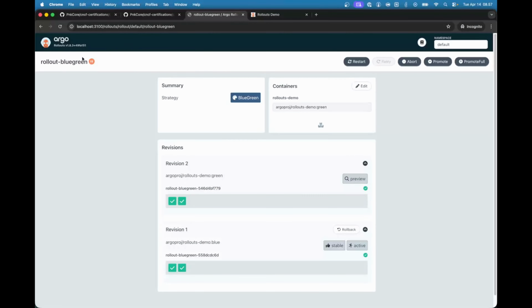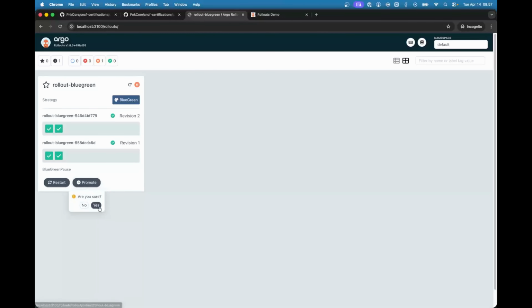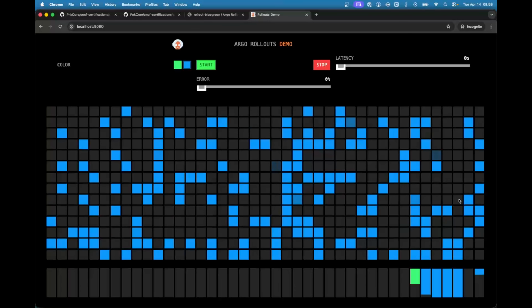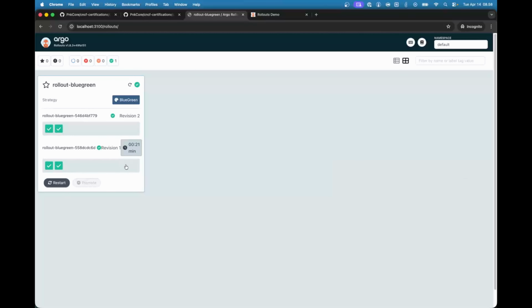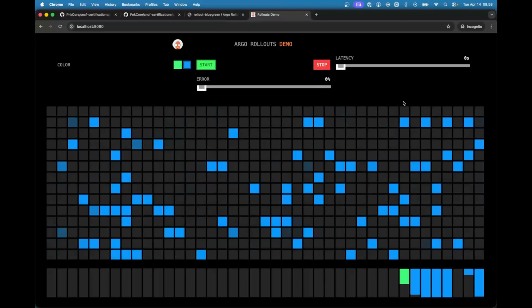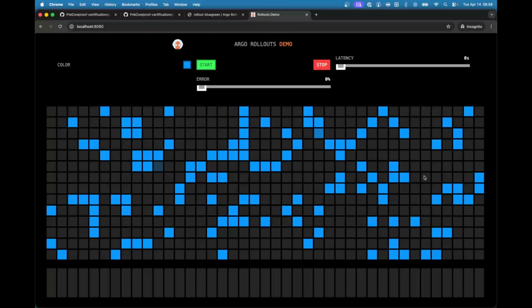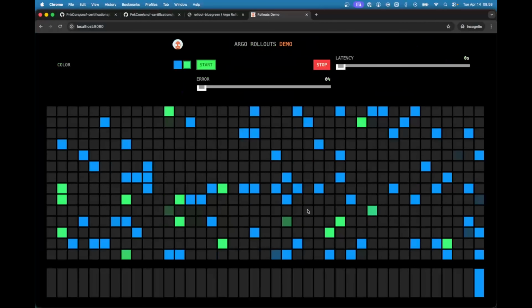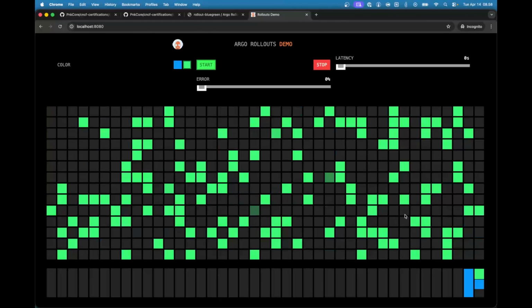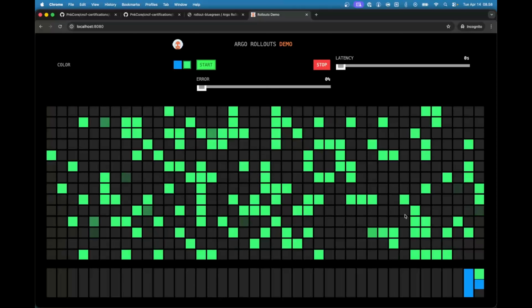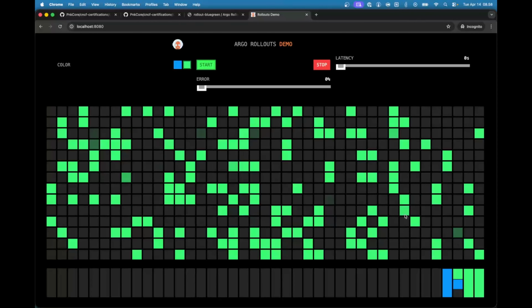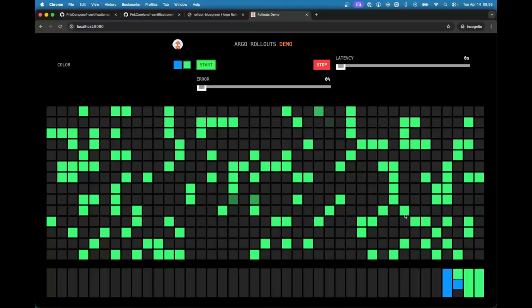What we want to do now is go back to the overview and say promote, and it's asking, are you sure about that? And we say yes, you are sure. In a little bit it will become green. It should be that if everything is going well. It should be green. Let's restart it again. Yeah, I just restarted the service, so the green here will become active. So yeah, as you can see, we have a different approach here, and we know that the service was working,